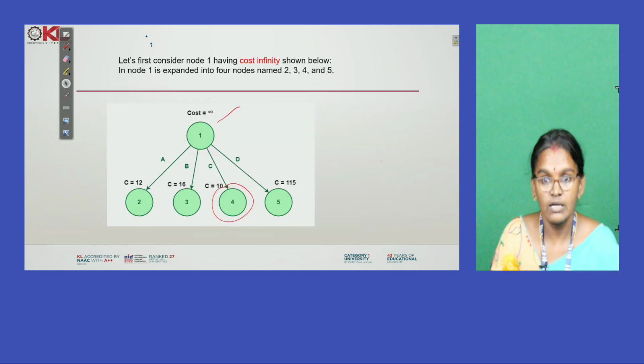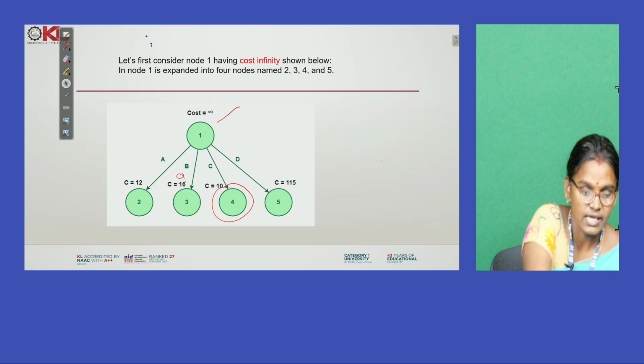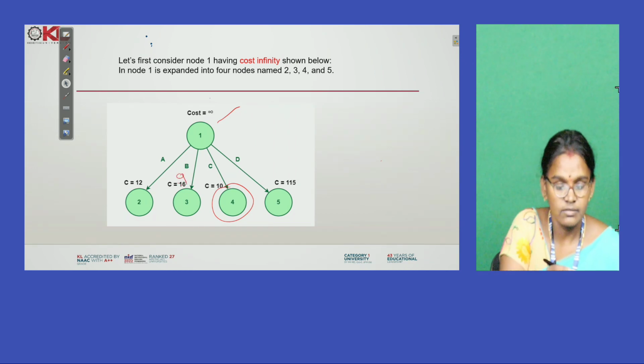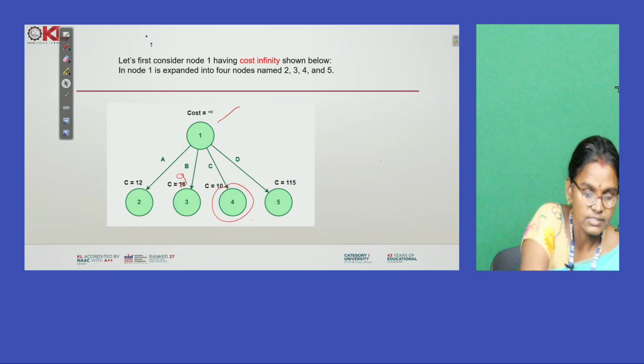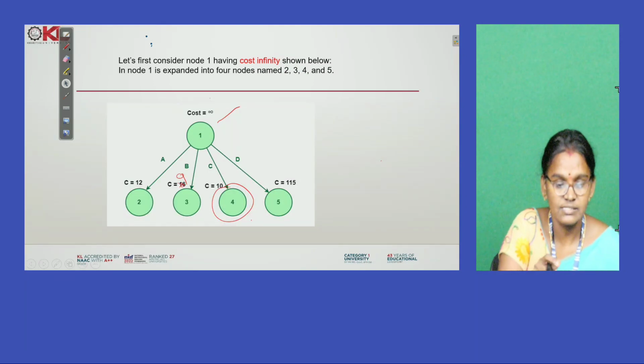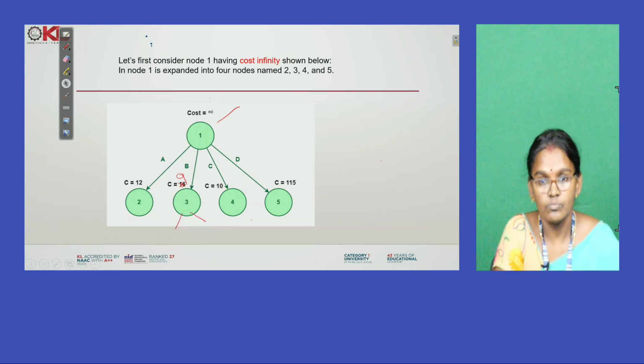Suppose the C node is considered as 9. This time I simply extend this node, because 9 is the least cost node.